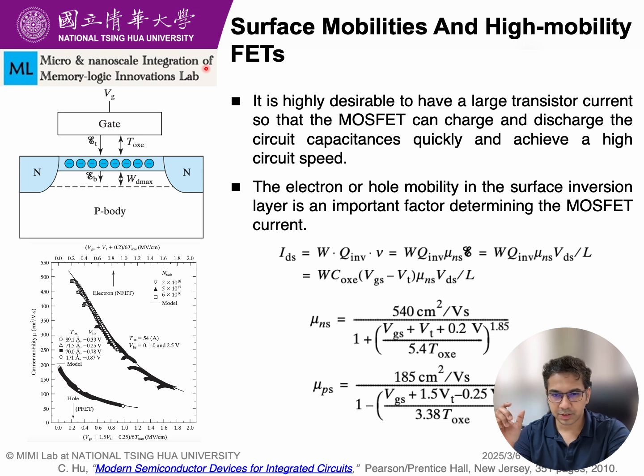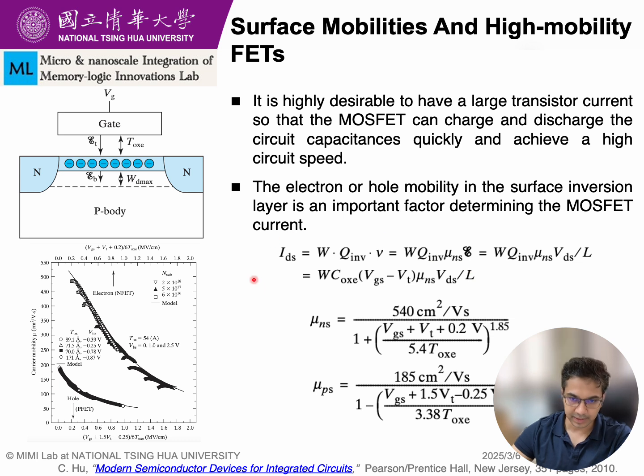Now let's get a bit more technical. The diagram here shows the cross section of the MOSFET with some relevant parameters like oxide thickness, the depletion layer width, the inversion layer, and also the drain current that is flowing through here. So what is important for us? The important thing is the mobility, that is, hole and electron mobility at the surface. How come? Because the